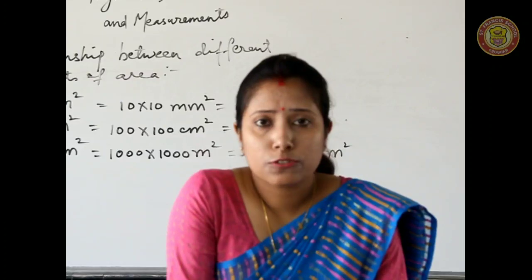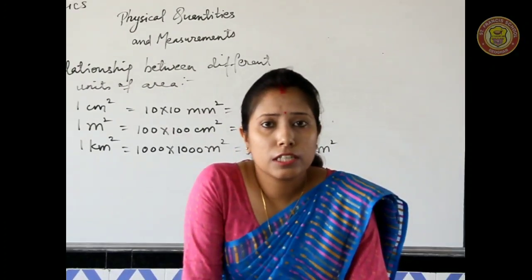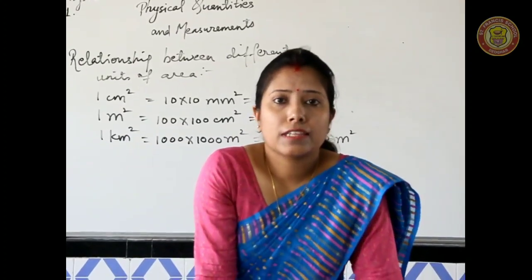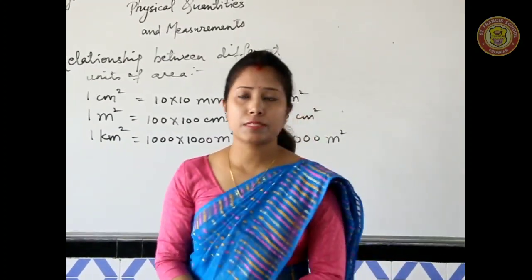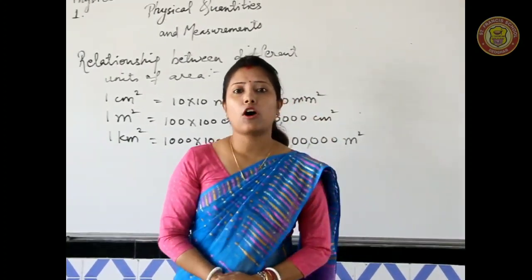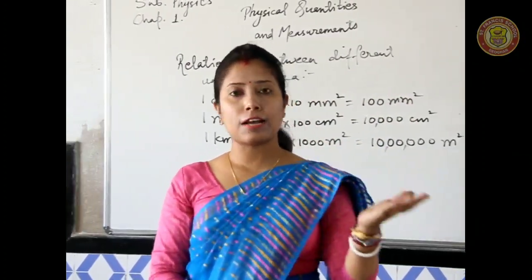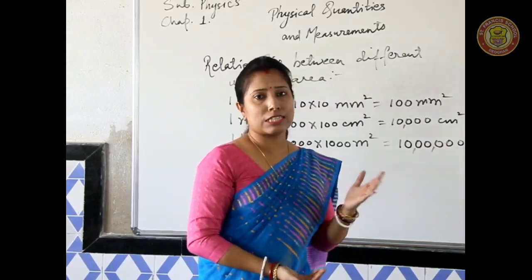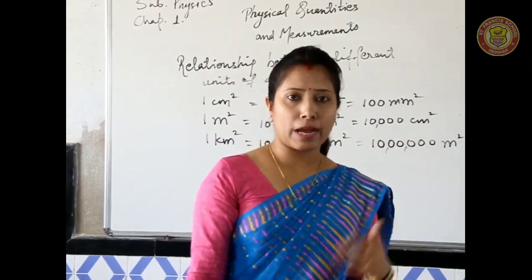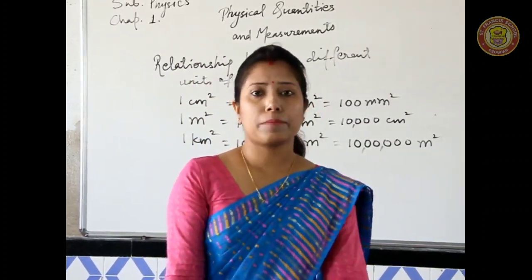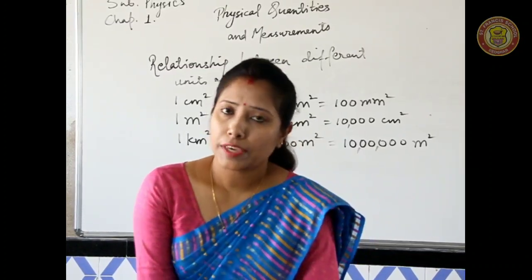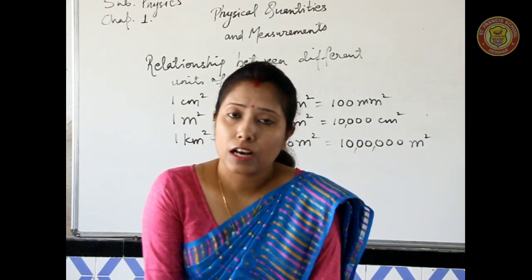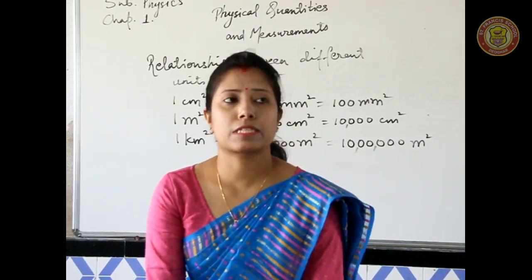When we are asked to find the area of irregular shapes, how do we find that? In order to find the area of irregular shapes, we need the help of graph paper. The graph paper which you have been using in your maths for the statistics portion for drawing your bar graphs, histogram and others. So we can use that same graph paper for finding the area of irregular shapes.